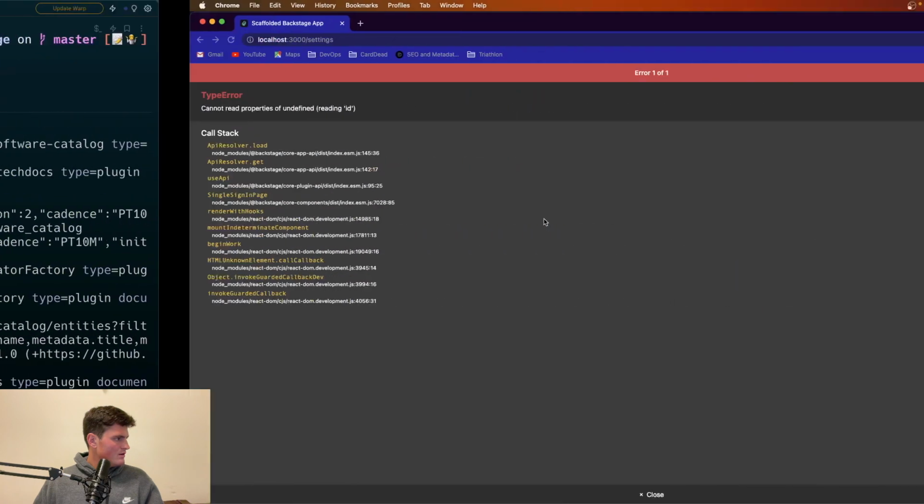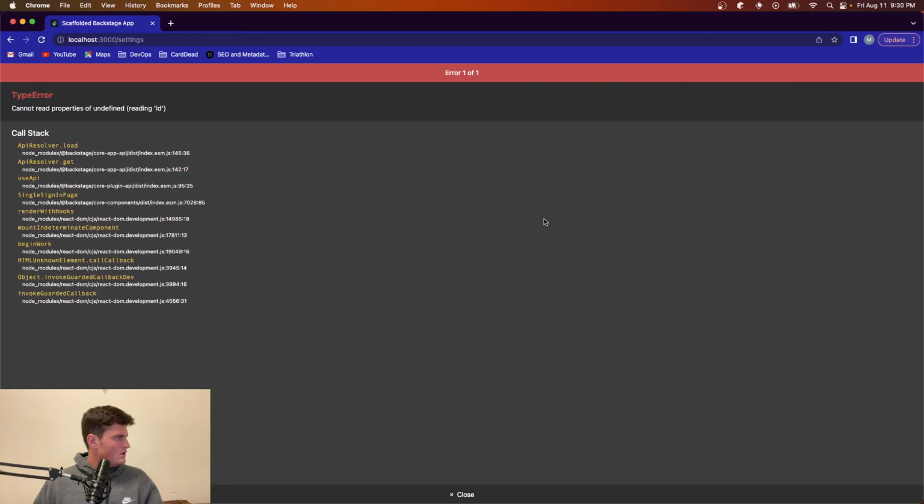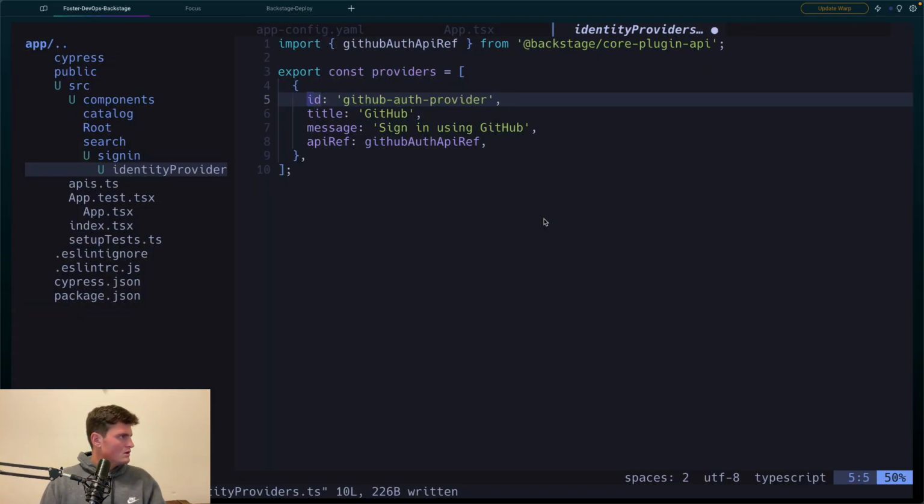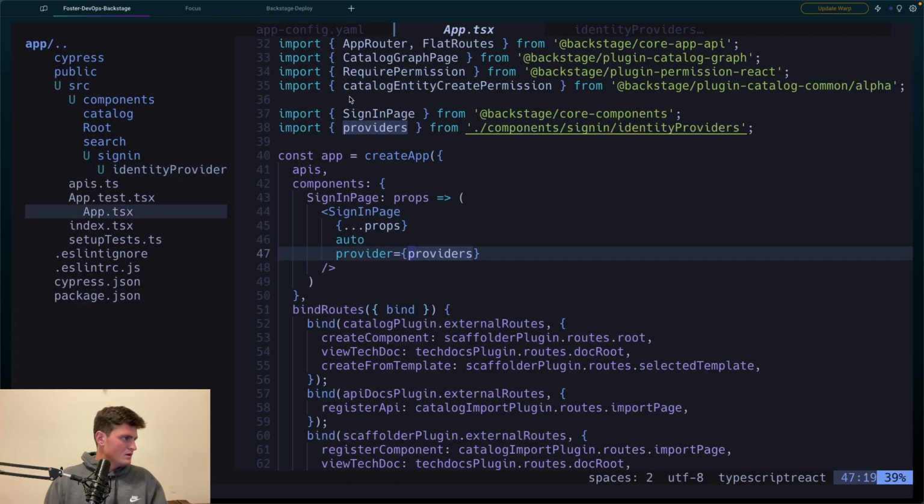Let's see what's happening. It says success. Saying unable to read ID. And what's really strange is if I copy this and